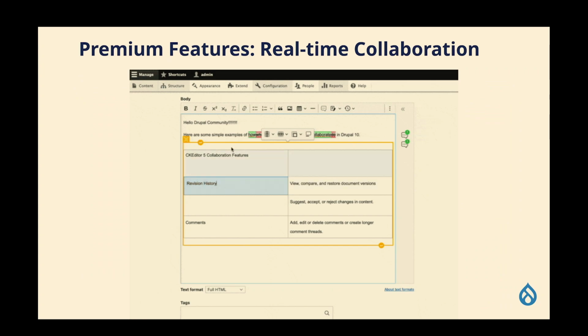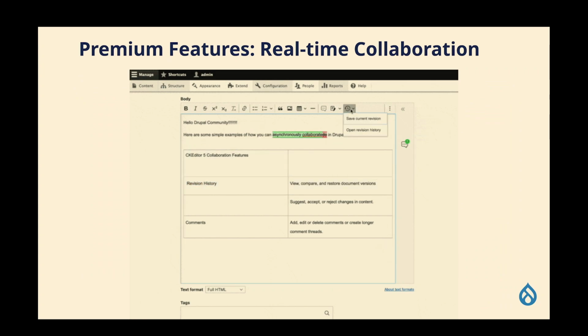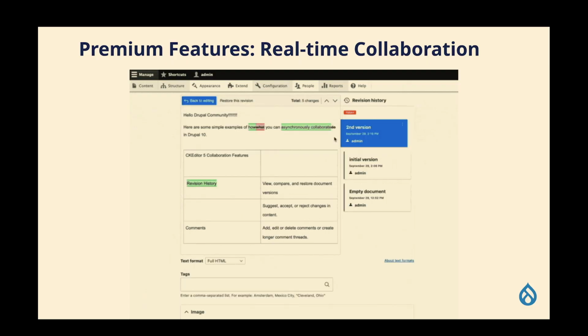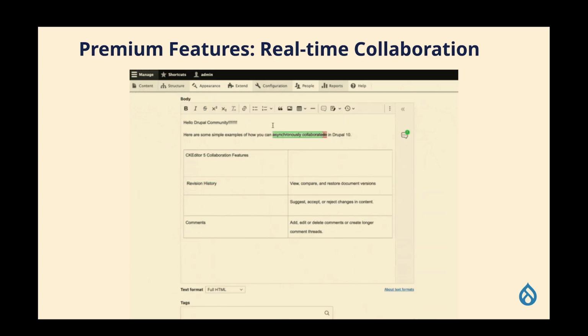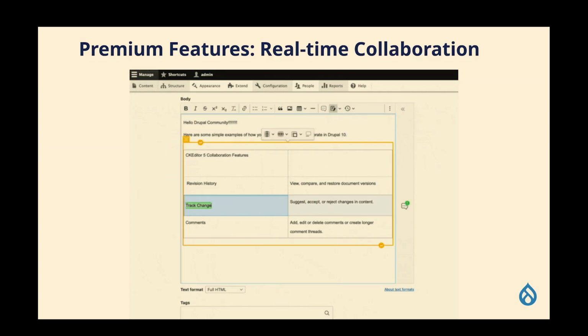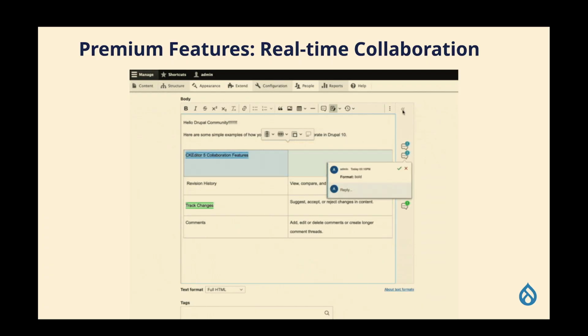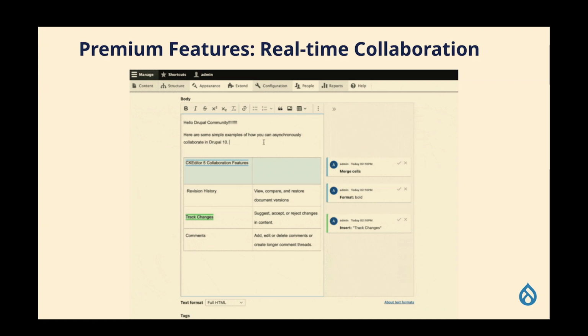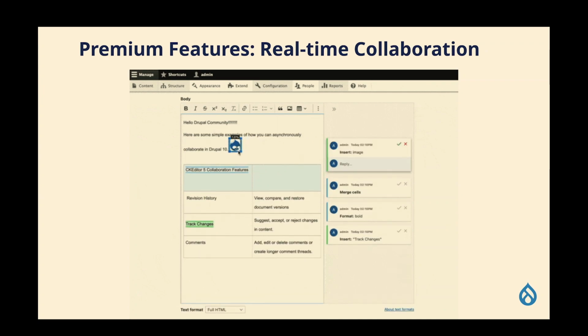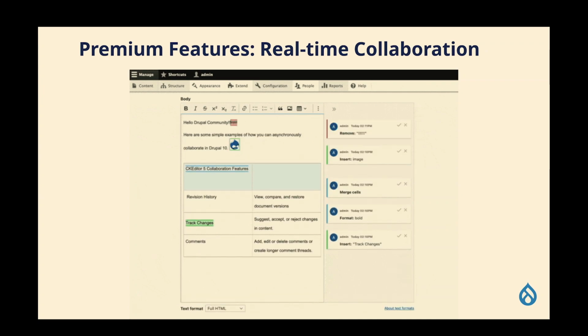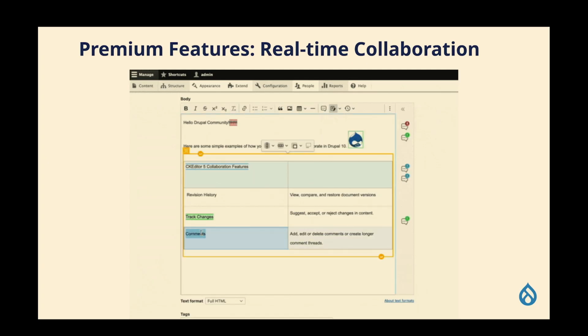Here's an example of the CKEditor premium features. So real-time collaboration, having inline threaded comments are just some of the capabilities that you have here. So there's a lot of pretty interesting features in here. There is kind of a free version that doesn't have the real-time collaboration, but does add some things like being able to have a full screen editor. So if people are going to be writing long form content, that can be kind of useful. So definitely worth looking at, but I would say probably the actual premium version is really something to look at,